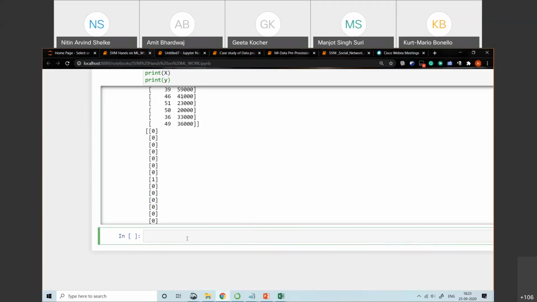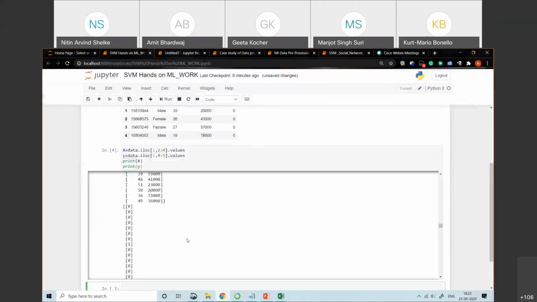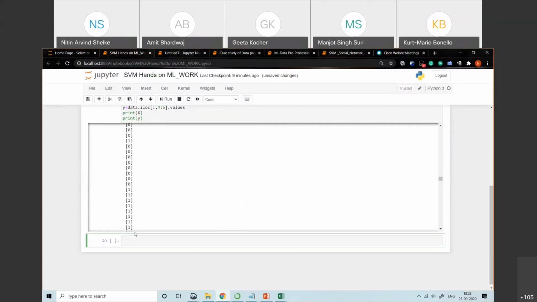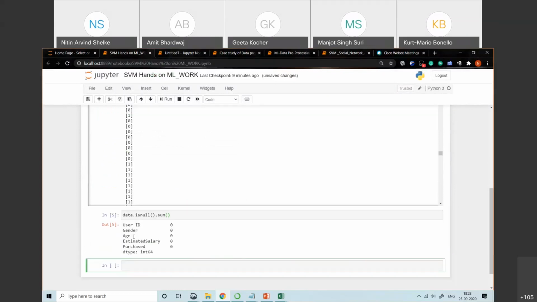Now what will be the next step? The next step is to divide the data. One may also check the null values. How to check the null values? The command is data.isnull().sum().